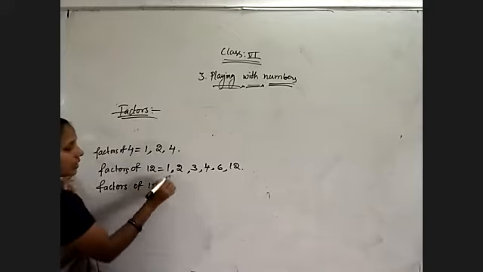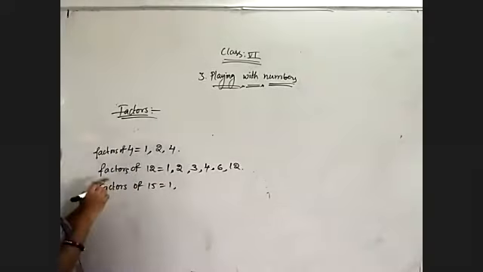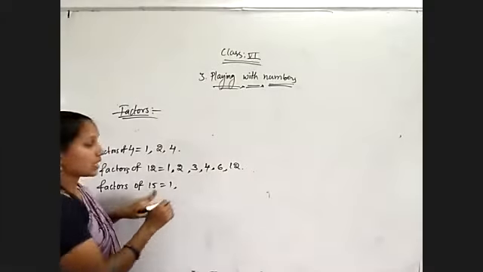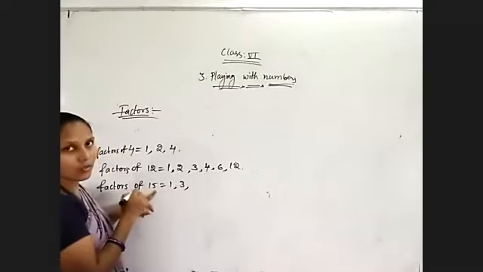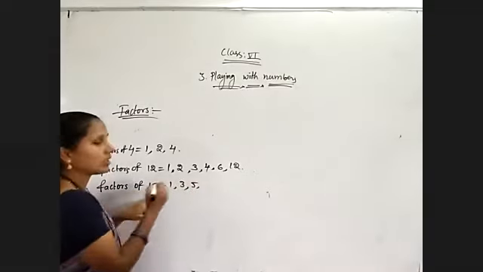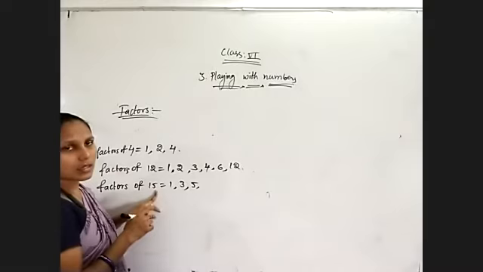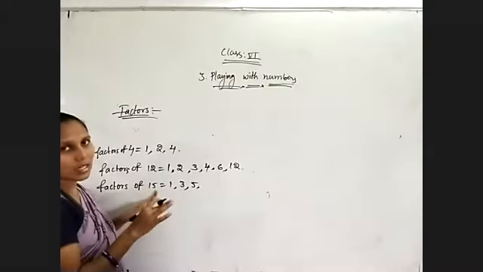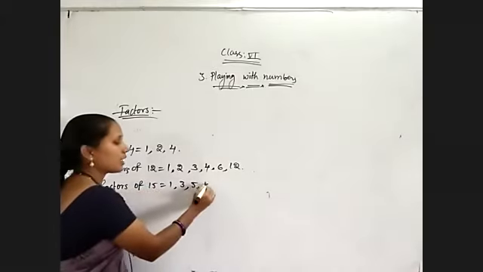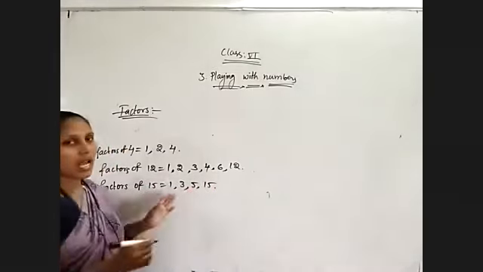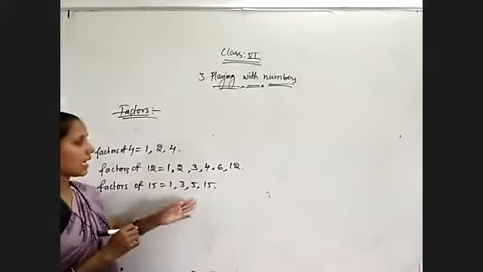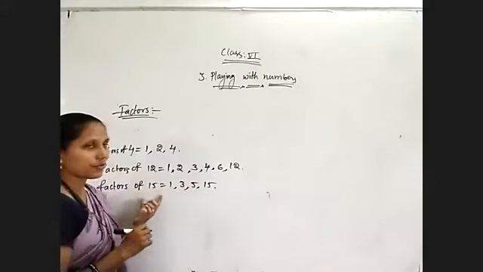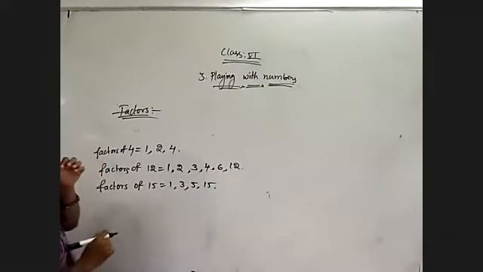Factors of 15. In the 1 table we will get 15: 15 ones are 15. And 2 we will not get 15. 3 fives are 15. 4 we will not get. 5 threes are 15. 6, 7, 8, 9, 10, 11, 12, 13, 14 will not divide 15. So 15 ones are 15. The last number is 15. After 15 no other number can divide 15. Okay, now just observe all these.